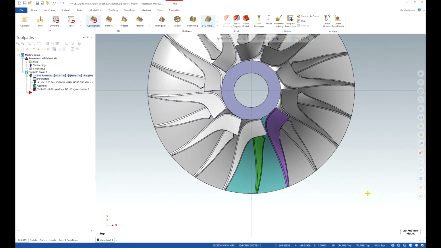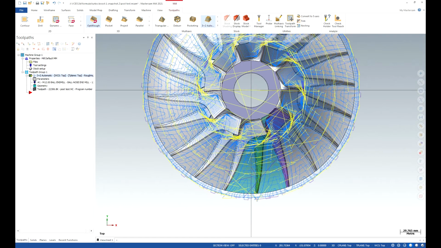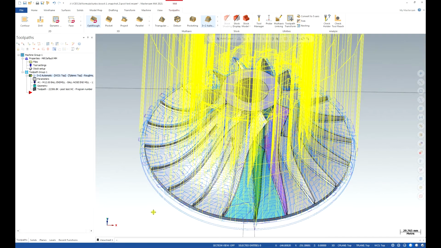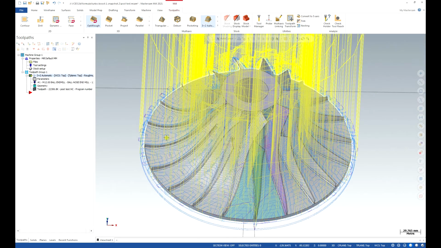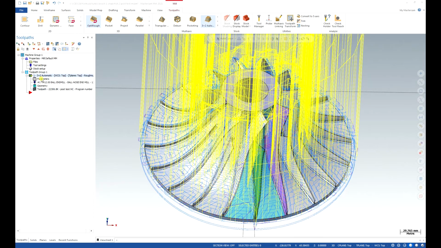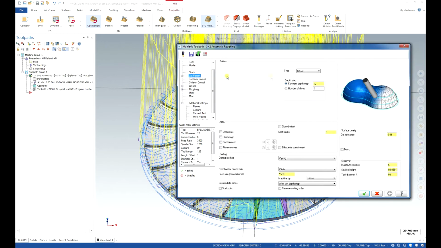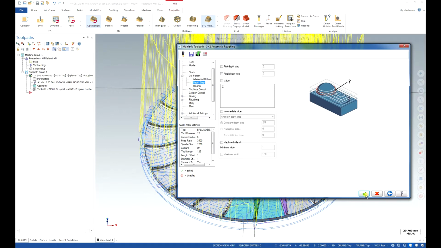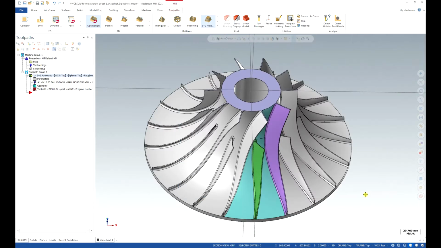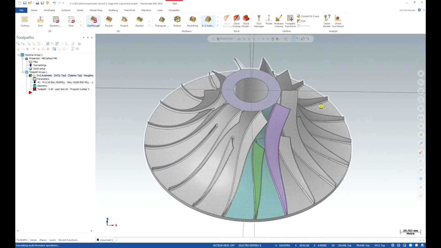Oh, I can see that's too many retractions. Let's tweak some parameters. Let's have a look in the cut pattern. Maybe let's take out those intermediate cuts. So I'm going to set the constant depth step to 2.5 mil, and in the roughing depth step, I'm going to switch off the